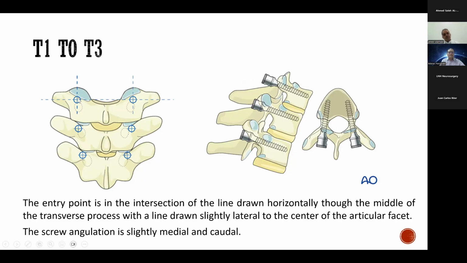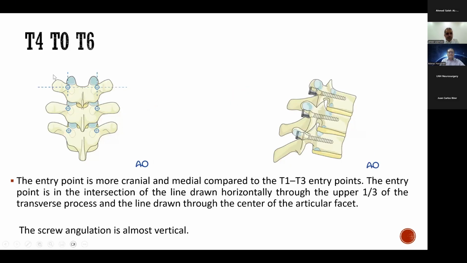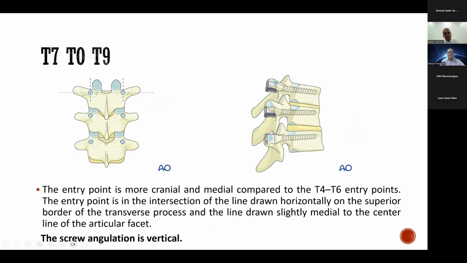So T4 to T6 is the classical one, where the entry point is the middle of the articular process and the middle of the transverse process. Whereas in T7 to T9, it is again the middle of the articular process, a little lateral, but it moves up towards the upper third. So the easy way to remember is